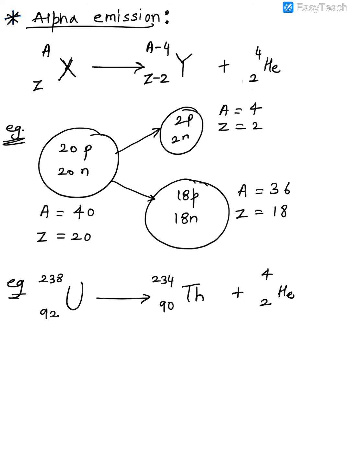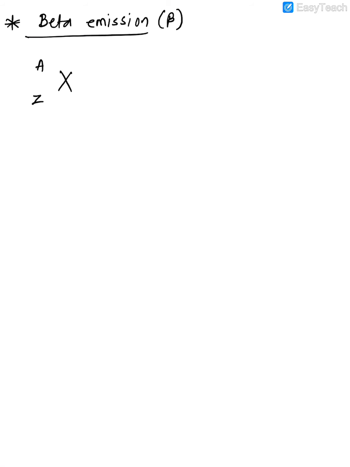Okay, now we'll go to the next one, that is a beta emission now. Okay, so guys, see what happens in a beta emission now. So beta emission, first of all, what is the symbol for beta? So it's written as a cursive B, you can say. Okay, now in a beta emission, how does a beta come from? From where does it come first of all? So let's say you have a nucleus X out here, atomic mass A, atomic number Z. There is a beta emitted, means what is emitted out here? There is an electron.